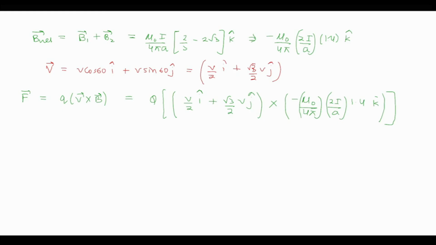If we put this value, the acceleration which the question is asking us can be calculated by equating this value with F equal to ma. If we divide this expression by m, we will obtain the value for acceleration. So the acceleration a is equal to F by m, and hence the value is written as Q by m times of this expression, which we will solve and obtain as equal to